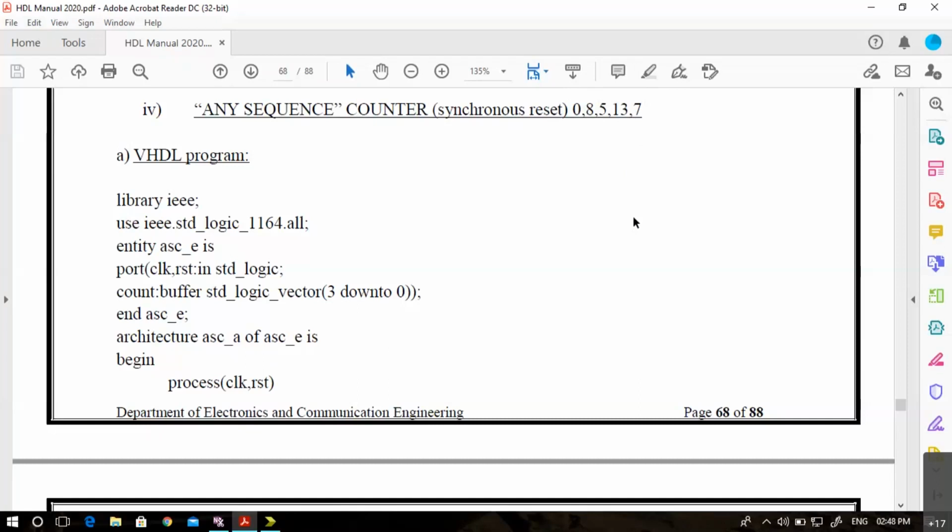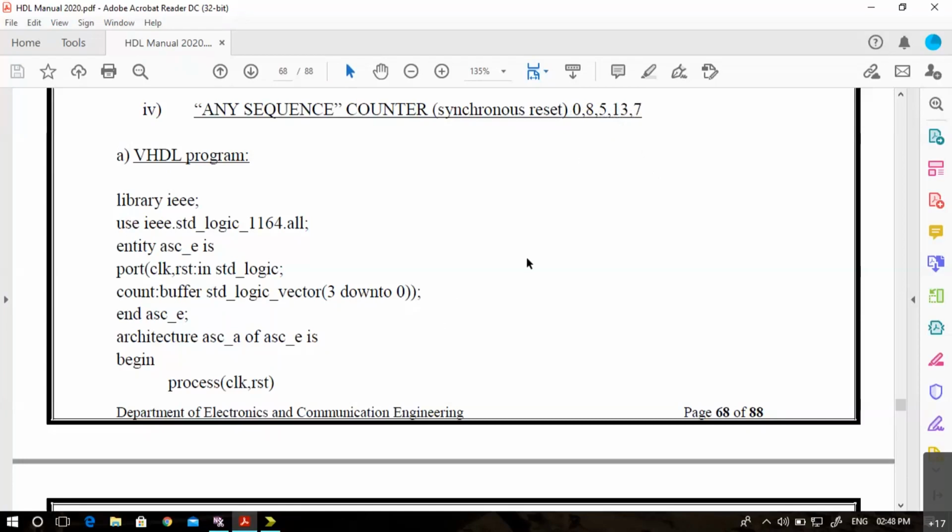Here, instead of this random number, we are just showing you any sequence counter. Now the sequence can be any combination of these. Now let us say if it is 0, 8, 5 and 7, excluding this 13 because 13 comes as hexadecimal in our case. If it is simply 0, 8, 5, 7, then it can be one OTP itself.